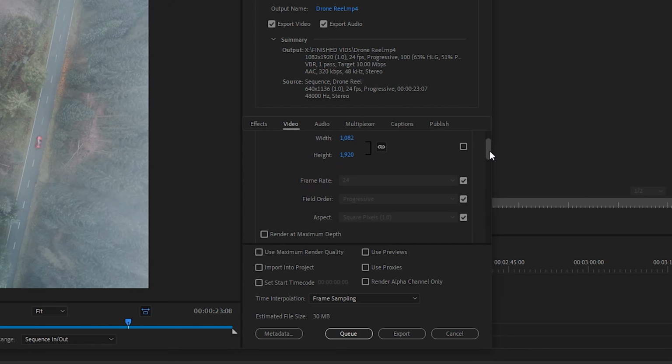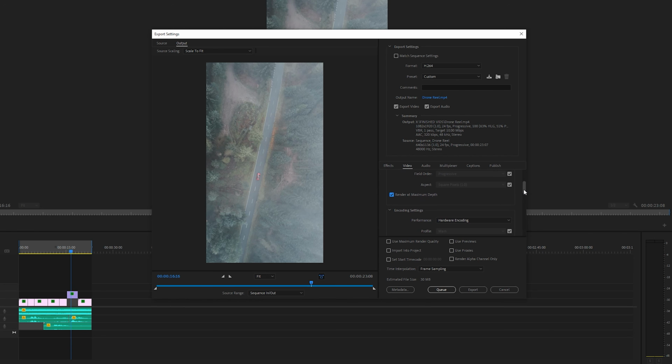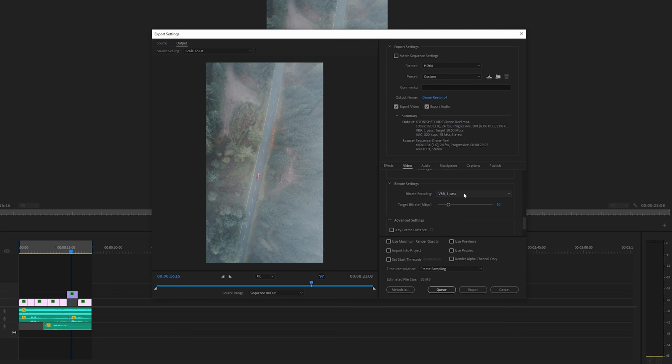Make sure that your field order is set to progressive, and make sure that your aspect is set to square pixels, and then you're going to want to tick the render at maximum depth box. Underneath that, you're going to want to scroll down and go to the bitrate settings. Now this is where we're going to change a few things. We're going to change it from VBR 1 pass to VBR 2 pass, and we're going to change the target bitrate to 8 and the maximum bitrate to 8,